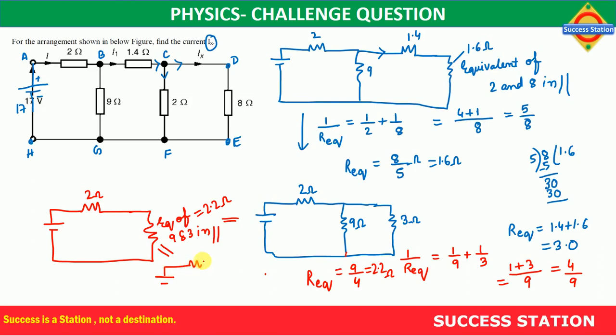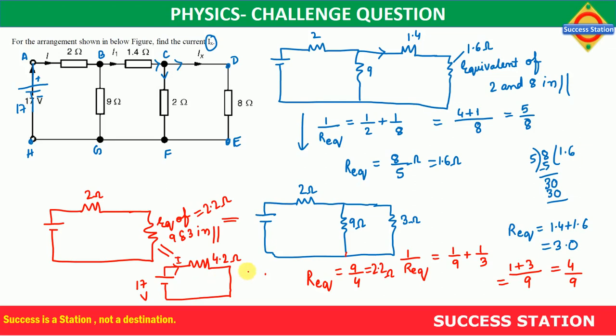This circuit will be like this. This is 17 and this is 2 plus 2.2, which will be 4.2 ohm. Is it clear? Right? So this is V, this is R, and this is I. V equal to IR. So I'll get the value of I. Clear or not clear? So this is the way I will get the value of I.